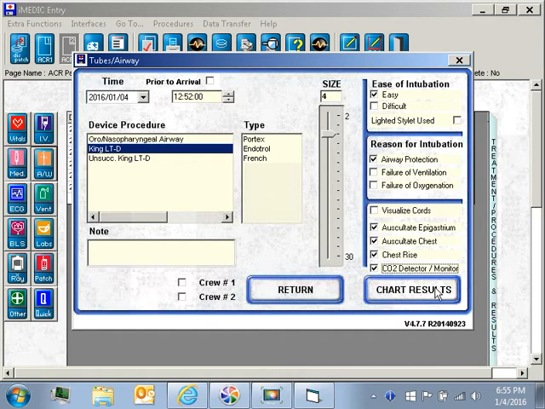There's your return. Here's your chart results if you want to jump to a vital signs screen. And here's your crew 1 and crew 2. Now, something else I've kind of ignored to this point is it only says crew 1 and crew 2. And you as the paramedic student are actually number 3 on that crew. So far, you haven't been able to document yourself as doing anything. If I leave these blank, if I don't select one of these and just hit return,